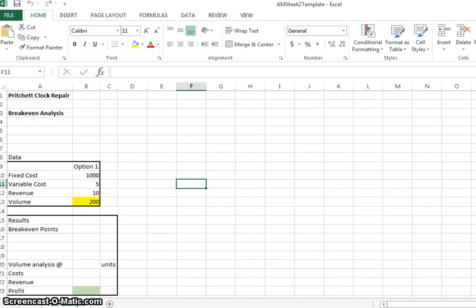This video will discuss the use of GoalSeek and Solver to find a break-even point. First of all, in this worksheet, which is on page 13 of the textbook, we have the input data, which